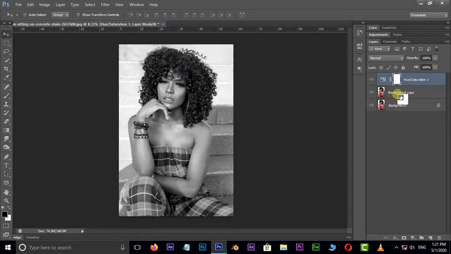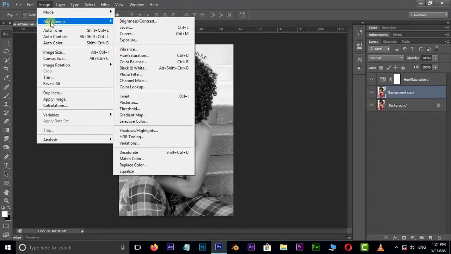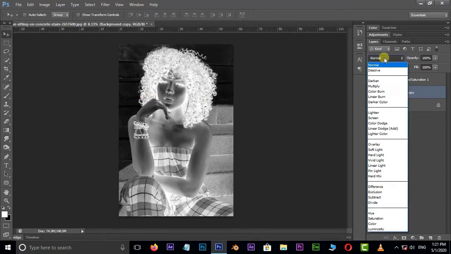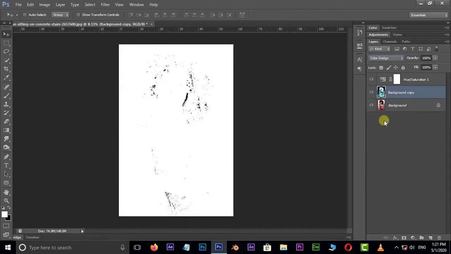Now select the copied layer, and go to Image, Adjustments, and choose Invert. You can also hit Ctrl I to invert. Go to Blending Modes and choose Color Dodge. Perfect. Now go to Filter,